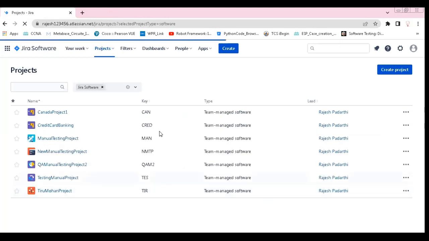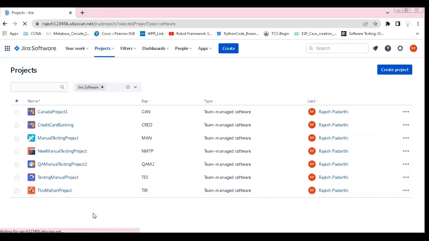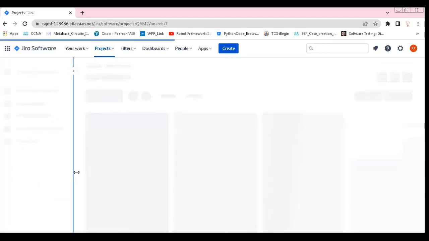Okay, got it. What is the project name which we have created? Like QA manual testing, this is the one, right? Yesterday we created the QA manual testing project. Am I right or wrong? This is the one, right? Hope you remember. So when I click on this,